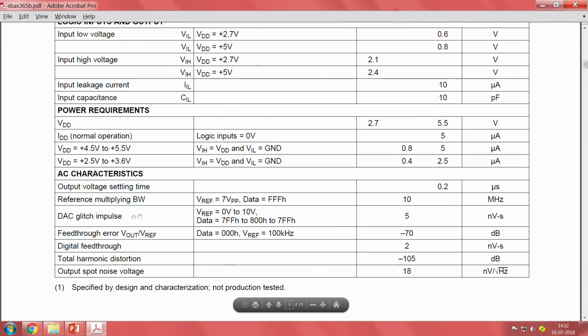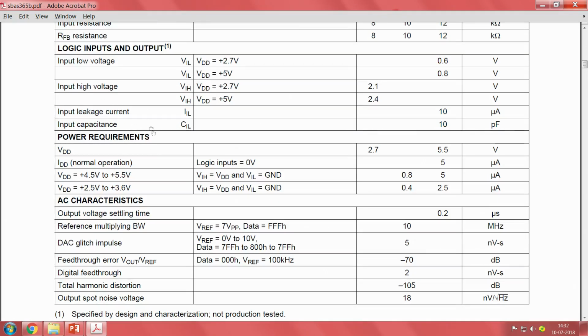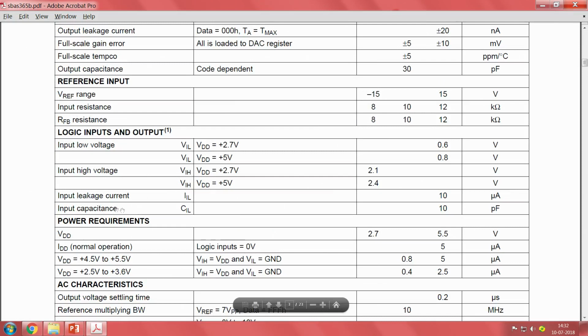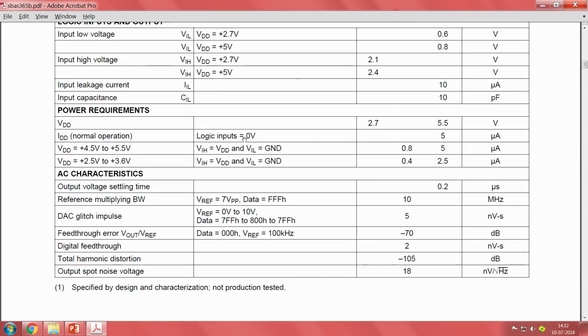Then AC characteristics. These are all very high technical details, because they are the results of their characterization. They have to guarantee so many parameters in the data sheet, but many of these parameters we might not have to look at in that much detail when designing. Only a few things we need to see: what is the reference voltage, what is the VDD voltage, is there any specific resistance that should be connected. That much you can see and leave it. Later if you have some issues, make sure of the basic things first, and then you can go and check the nitty-gritty details in the data sheet to see if there are any small issues.